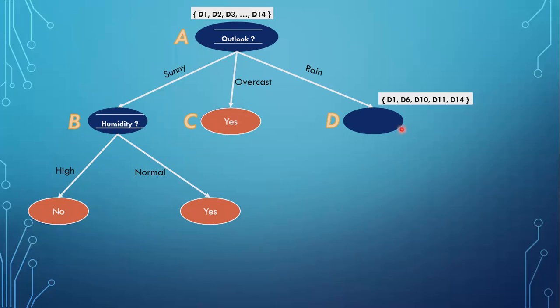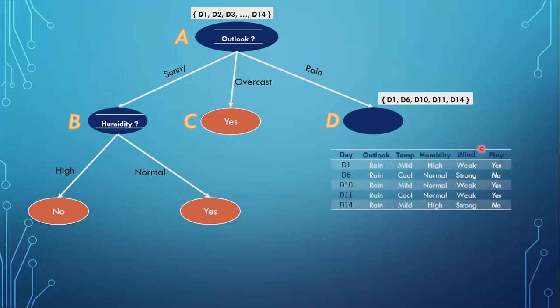We have to decide whether we have to stop at D or we have to further divide at D. For that, we will look at the table and we see that we have the records, we have the columns, and we have the label belonging to more than one class. That means we have to further divide this data set on this node. So first we have to choose which column will be used for dividing this data set apart from outlook, because we have already used outlook. We can't use this, so we will just cross it. From these features like temperature, humidity, and wind, we have to choose among only these columns.